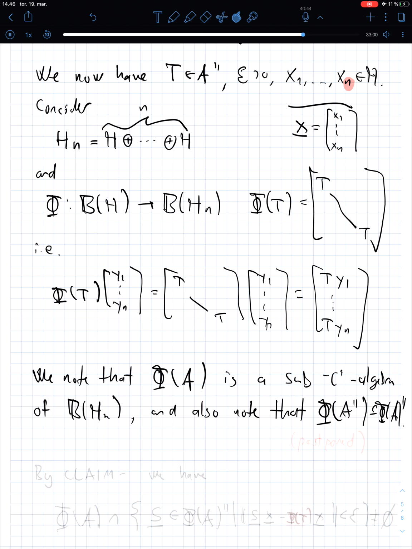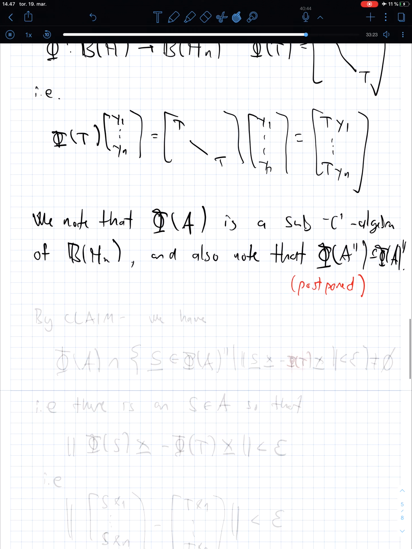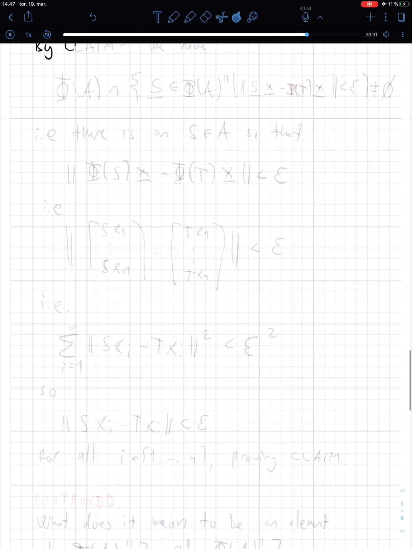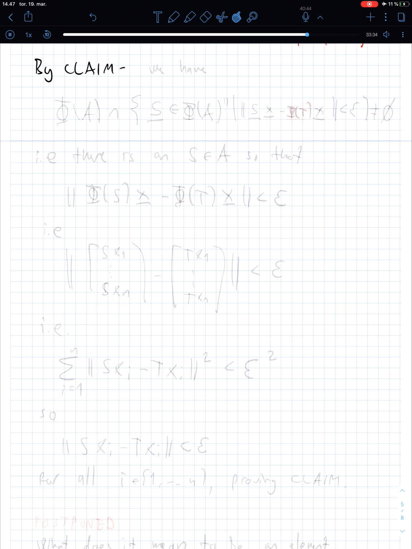So I'm claiming that things in the bicommutant of A will be sent into the bicommutant of phi of A under phi. So let's postpone this for a second, and I'll return to it later. So now, by claim minus, we have